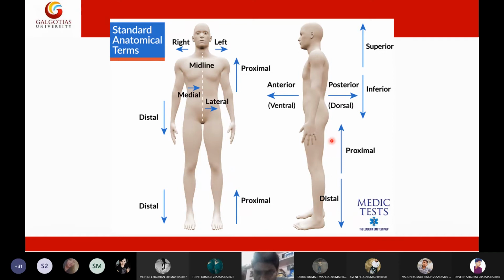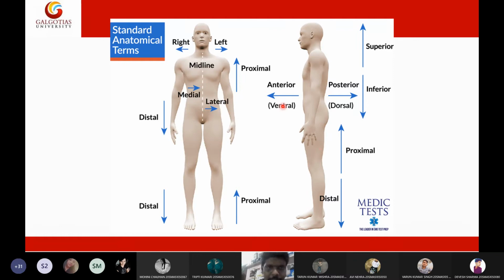Then if we take only one portion, for example the bottom portion, in that portion also, the topmost portion is called proximal, whereas the bottom part is called distal. Proximal means always towards the top, whereas distal means always down. So proximal, distal. For example, if I take only my hand, then the proximal part will be the wrist, whereas the distal part will be my fingers. Okay, in such a way we need to memorize. So this is all about the terms in the human body.